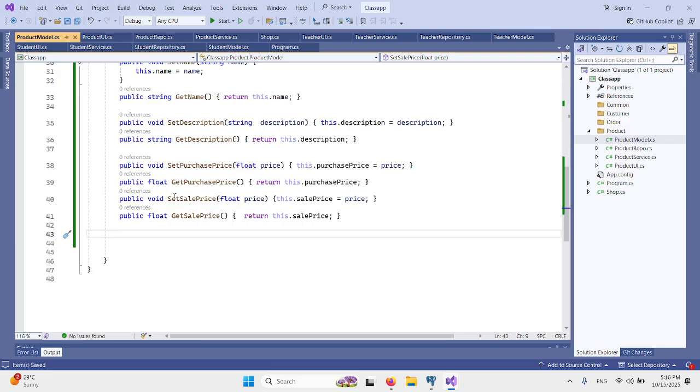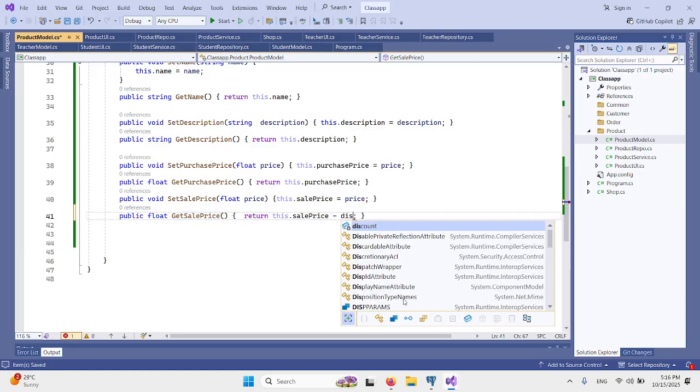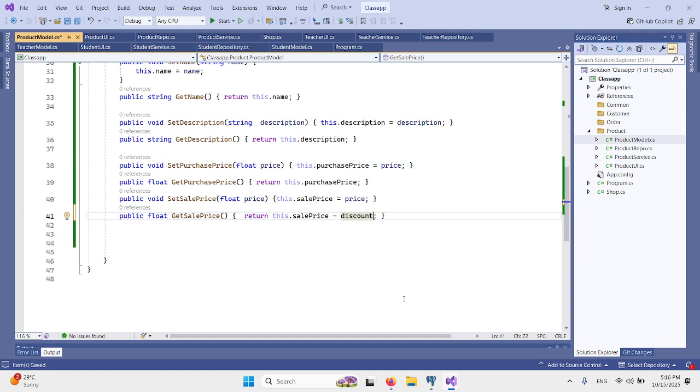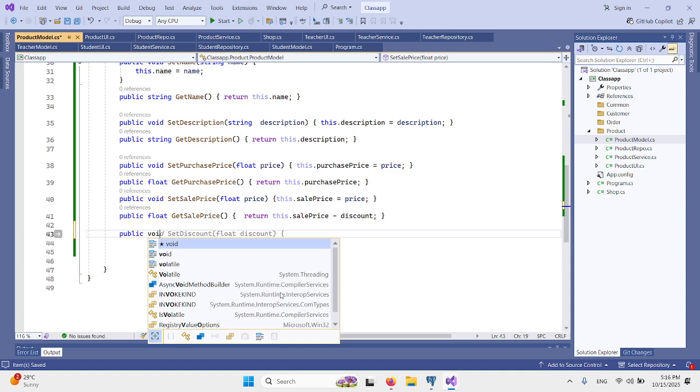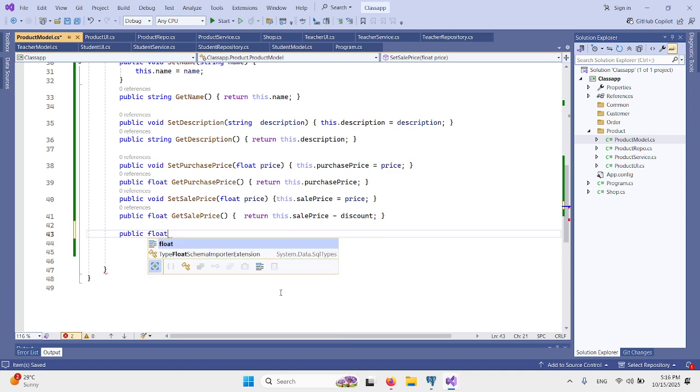For this, whenever you get the sale price, you may write minus discount. See, but by making them public, you cannot do it. ये एडवांटेज मिल रहा है ना? फंक्शन था तो हमने जो सेल प्राइस थी उसमें से डिस्काउंट माइनस करके डायरेक्ट रिटर्न की है. ठीक है? So every time you call it, you will get the discounted price. If the value of discount is 0, you will get the real price. If you have some value in the discount, we don't want to update the discount value. If you want to keep the discount only one time, you cannot write the setter. And if you just want to see what the discount value is, you only provide a getter, get discount.